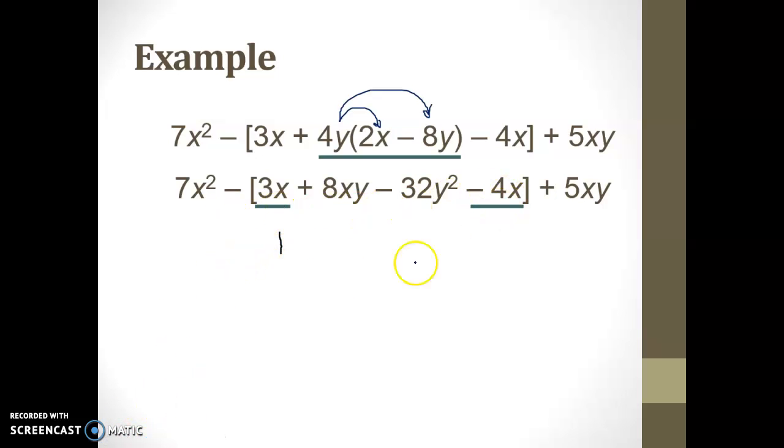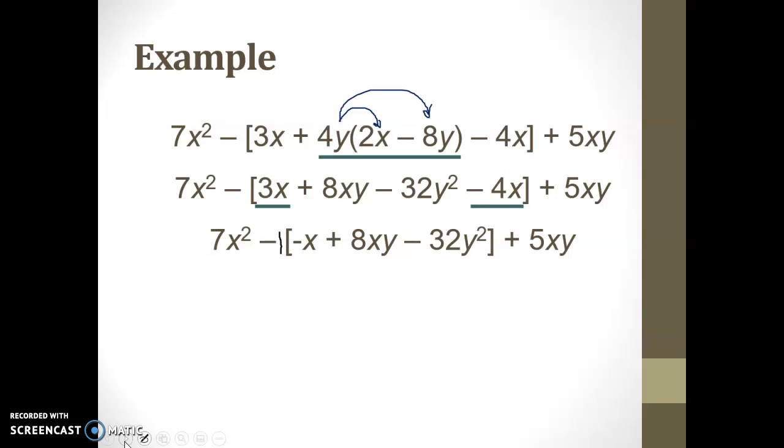Now this 3x and this 4x are underlined because they are like terms. So let's go ahead and combine those inside the parentheses. Outside the parentheses, we've got a negative. And this 1 again is implied. When we put an operation directly in front of a variable or directly in front of a grouping sign, that